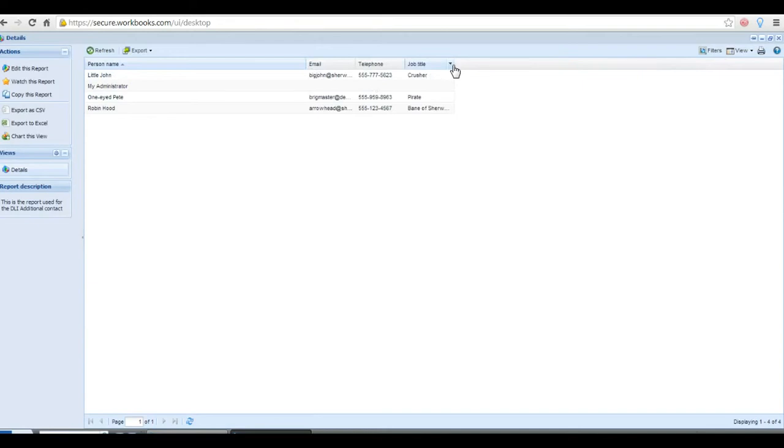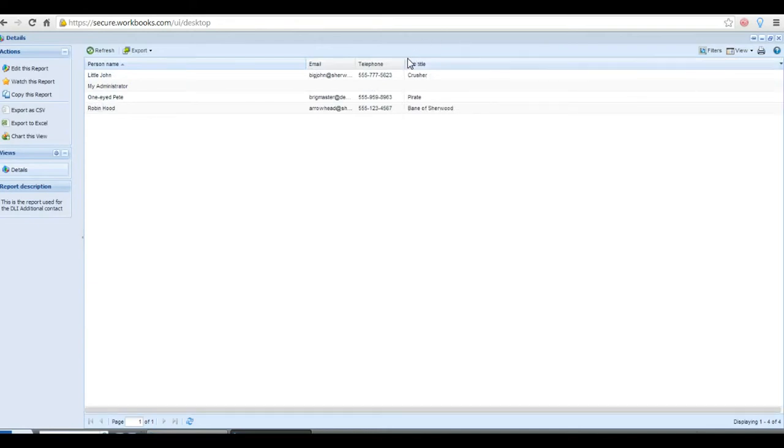I can certainly move these report columns over by just clicking in between each column header name and then moving it to how big I want it to be. So if I want to see the whole email address, I can do that. I just click on view and save. But anyways, I just want to show you. So these are the people that are in that additional contact list right now. So I can just close out of this report,